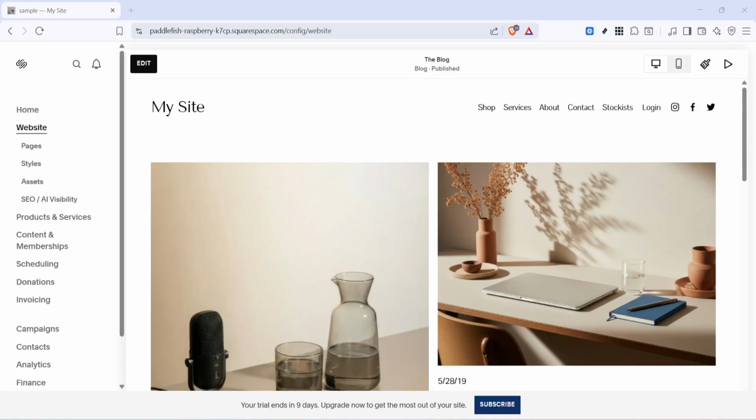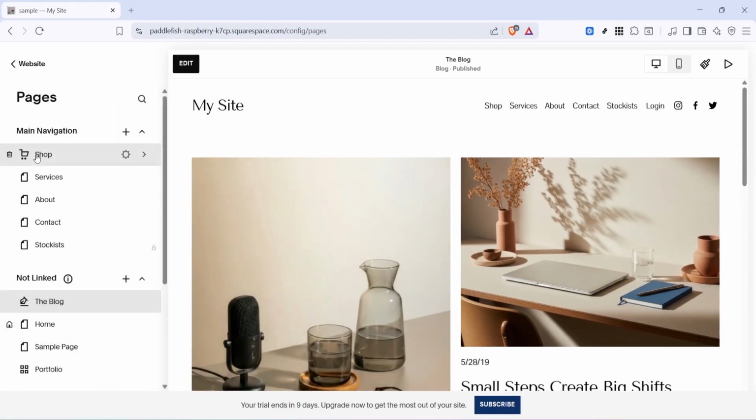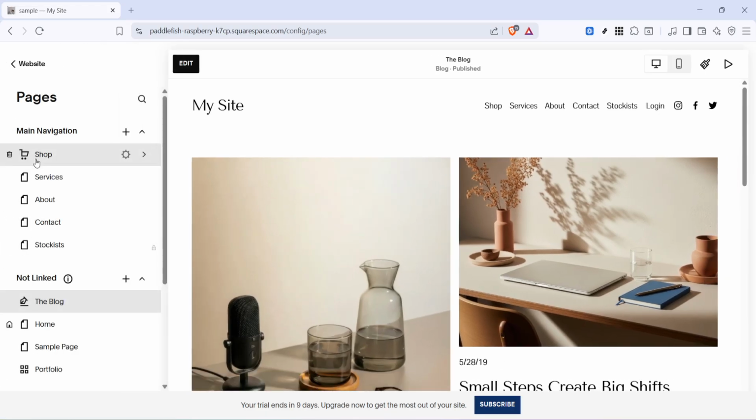Hey there, in this video, I'll show you how to hide a page from navigation on Squarespace using the web dashboard. First, you need to open the Pages panel in your Squarespace editor. Look at the left sidebar and click on Pages. The Pages panel will open up on your screen, and you'll see your site's entire navigation structure laid